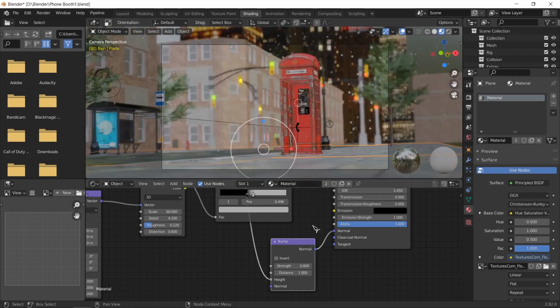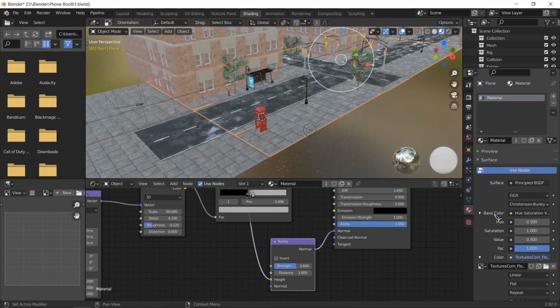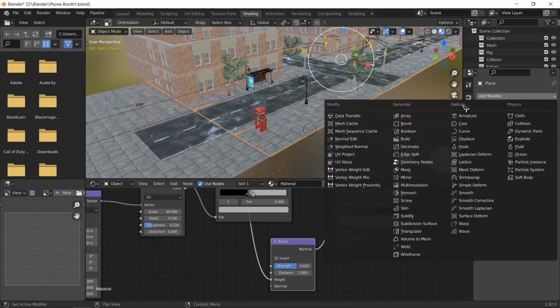But maybe from this angle you can't really tell as much, especially because it's a flat angle. So I'm gonna go ahead and set this to 0.5 or 0.7. 0.6 is fine, and I will go ahead and use a subsurf